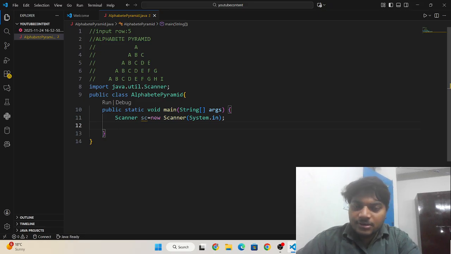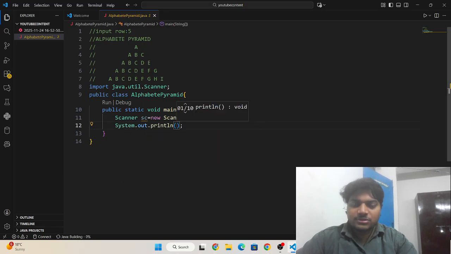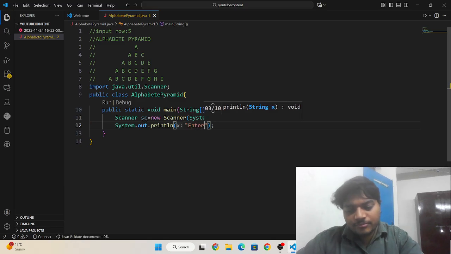I have already made the object for the Scanner class. Now I am going to write a message to ask the user to enter the number of rows, so I need to write System.out.println, enter number of rows.